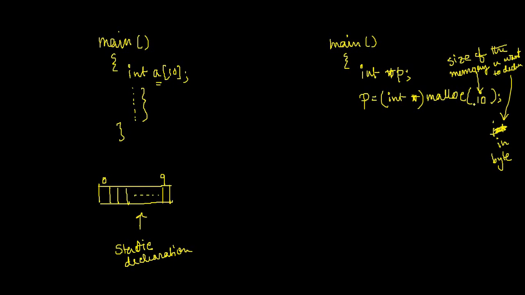So how can we manage this? Now suppose you don't know how many bytes. It depends upon how many bytes a user requires. Suppose if I execute the program, maybe I require 5 memory locations, an array of 5 locations. And if another person runs the program, that person may require 10 memory locations in the array. So this size will vary. For my case, the size will be say 10 bytes. For others, the size will be 20 bytes.